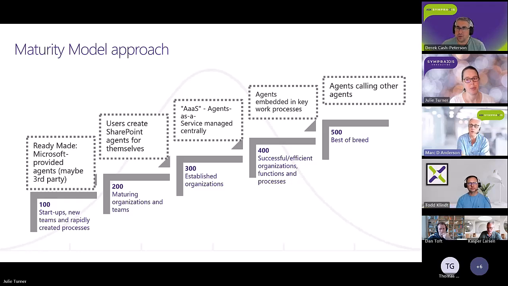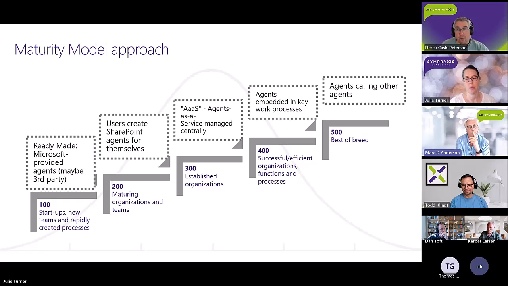Next level up, 400, might be agents embedded in key work processes. So I think we're seeing Microsoft actually follow this maturity ladder a little bit as well, in that in the beginning when Copilot came out, it's like everybody should have Copilot, and a lot of people couldn't grok that.